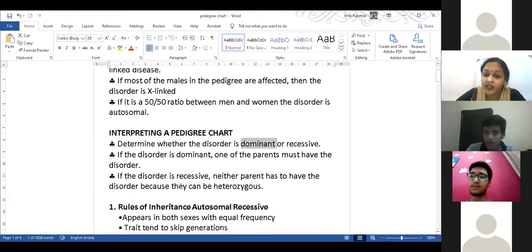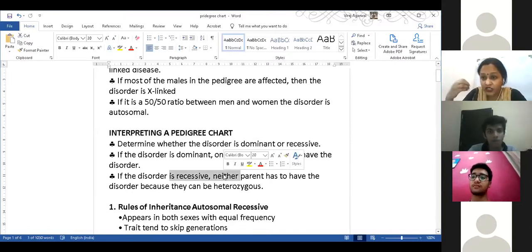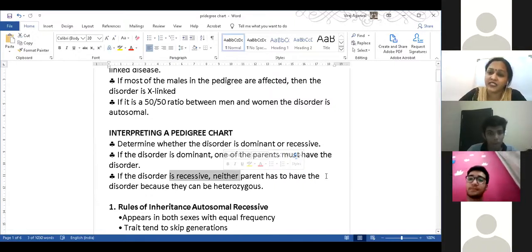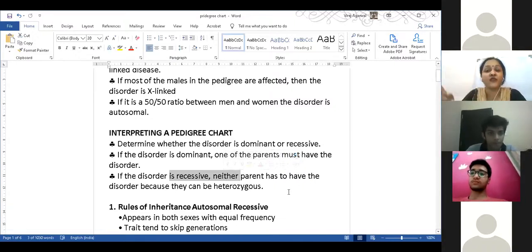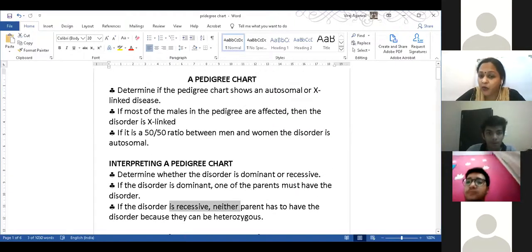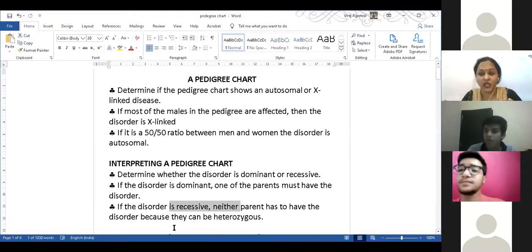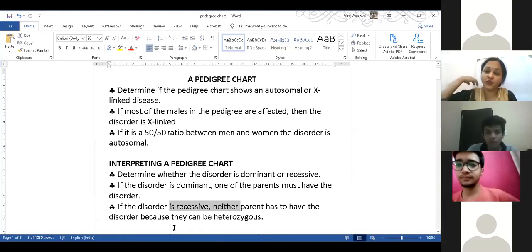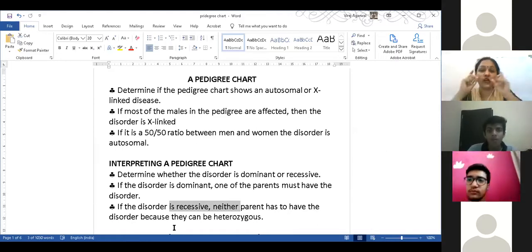It must be a recessive trait, क्योंकि अगर उसकी एक एक कॉपी तो पेरेंट्स में रही होगी, इसीलिए वो चाइल्ड में आया, और पेरेंट्स में उसकी एक कॉपी होने के बावजूद it did not affect, that disease did not show itself, मतलब it is a recessive disorder. Okay, और अगर disease is occurring only when any one of the parents is affected, then it must be a dominant disorder. Okay, so these are some of the 4 basic points we have to keep in mind. I'll quickly repeat. सबसे पहले आप find out करोगे कि disease X-linked है या autosomal है.